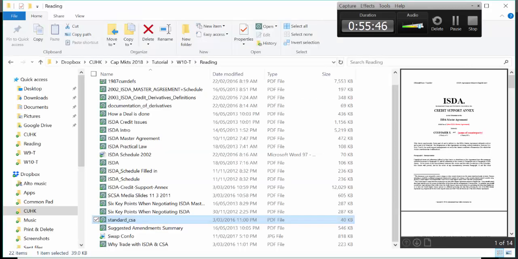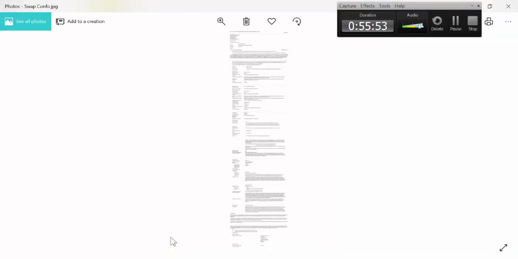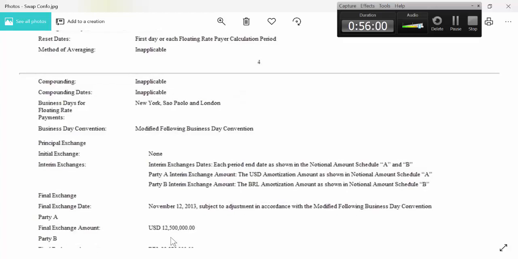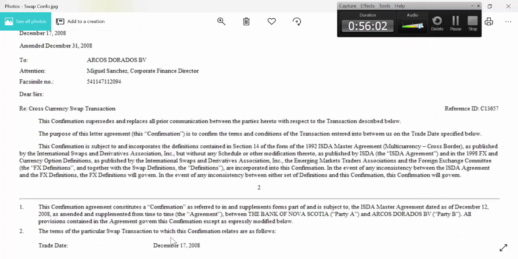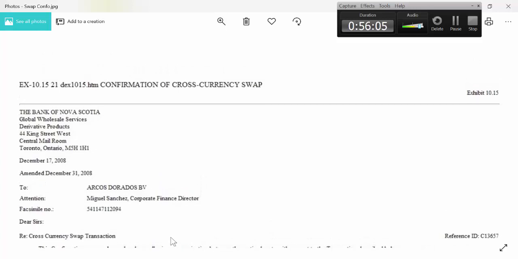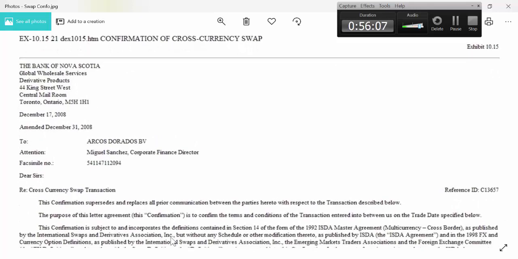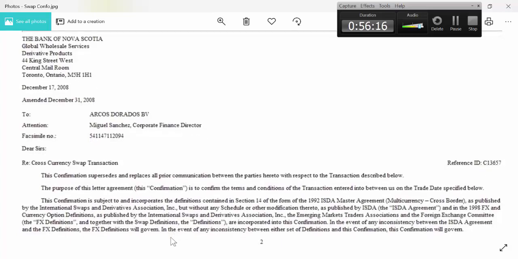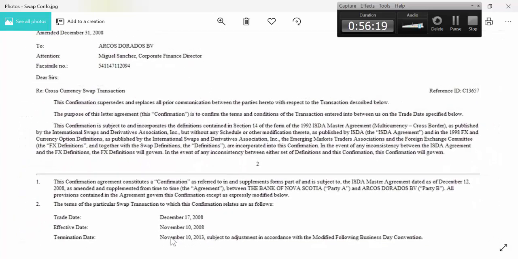I was about to show you a very simple one. This is a typical swap confirmation. Can you read that? I know. I don't know why it is. I'm sorry, the font is a bit funny. So this is a swap. It is a cross-currency interest rate swap between the Bank of Nova Scotia and a client called Arcos Dorados BV, and